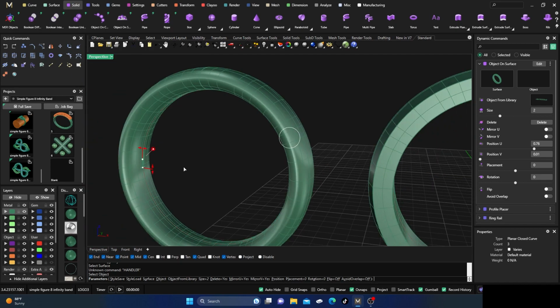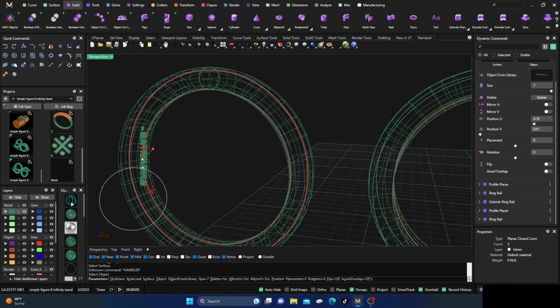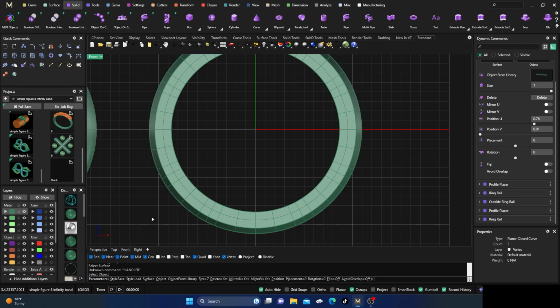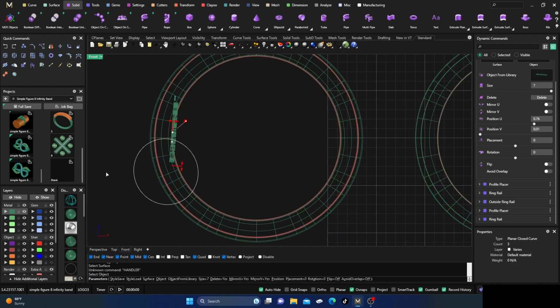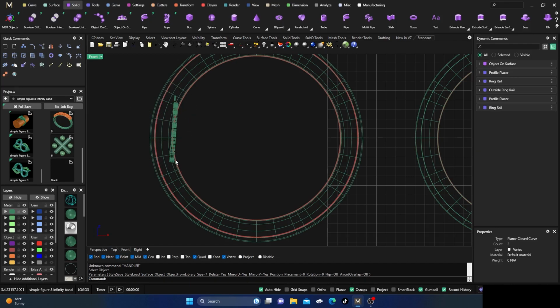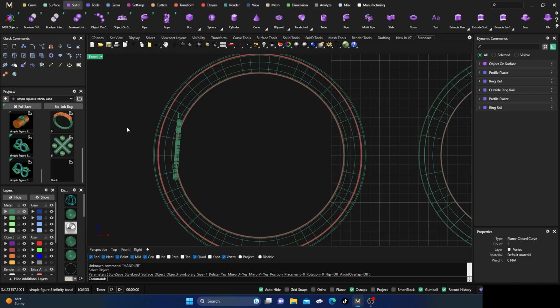Okay. And of course, we want to make it larger, right? And I'll make it, well, we'll just keep it a size 7. It doesn't matter because this one will probably not work. And the reason being is because when you do an object on surface, we'll go ahead and hit enter. It's going to lay it out straight, right? It's going to lay it out straight onto our surface,